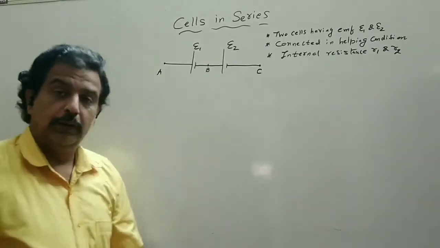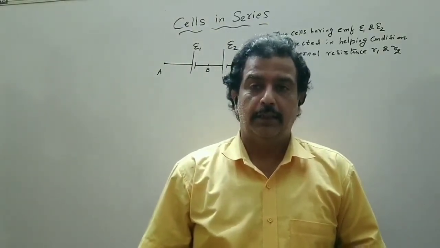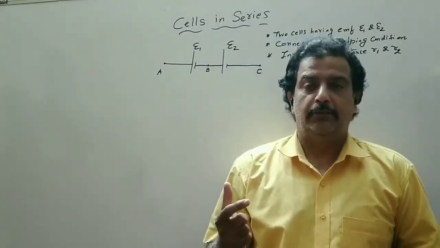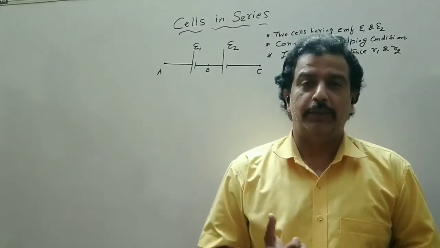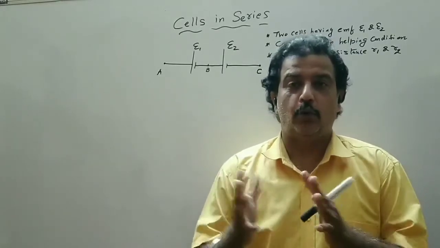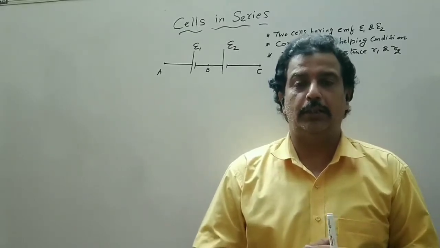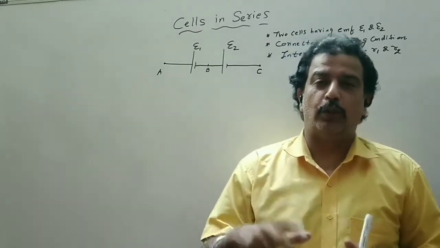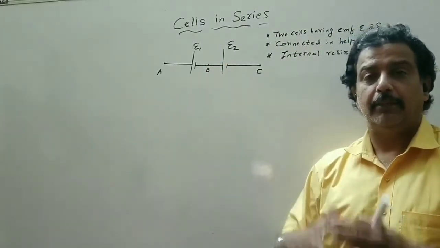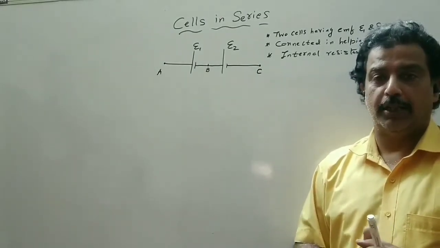We know the difference between EMF and the terminal potential difference. So terminal potential difference was the potential difference when the current was drawn from the circuit or from the cell. So when we draw a current, that is a closed circuit condition, the potential difference between the two electrodes of the cell is called terminal potential difference, and it was less than the EMF, and EMF was defined as the maximum potential difference between the two electrodes of the cell when no current is drawn.